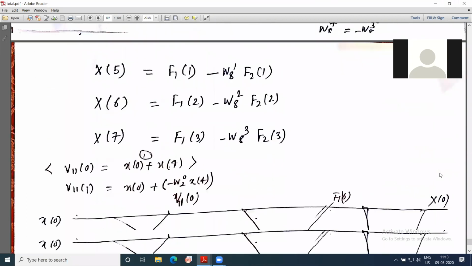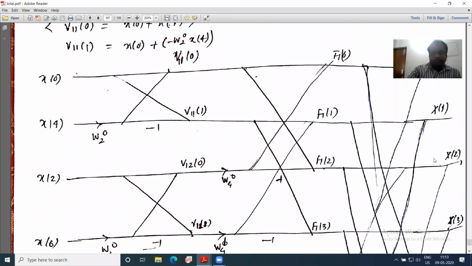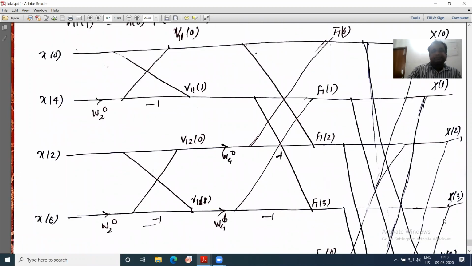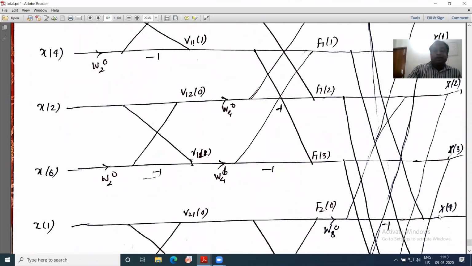If you look at this third stage, x0, x1, x2, x3, that looks like this. This is x0, this is x1, this is x2, this is x3. Agreed? Now, if you compute x4, again,